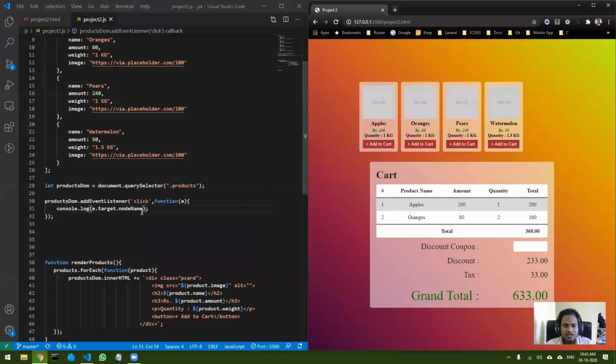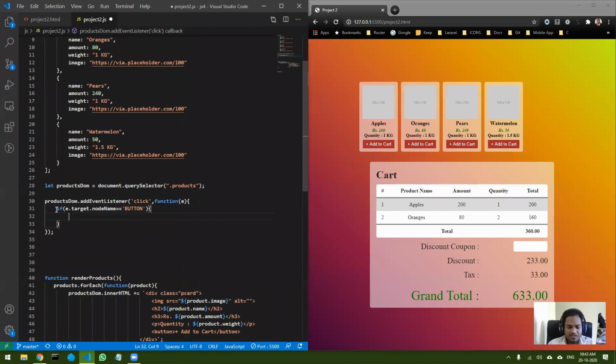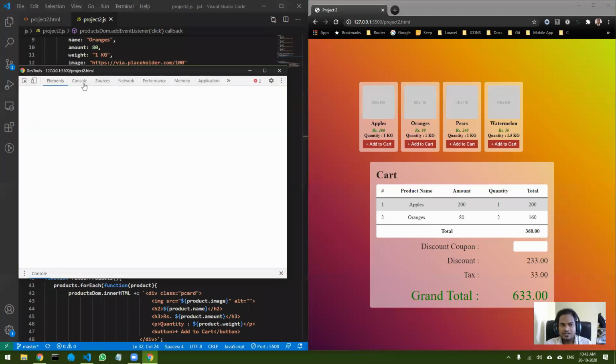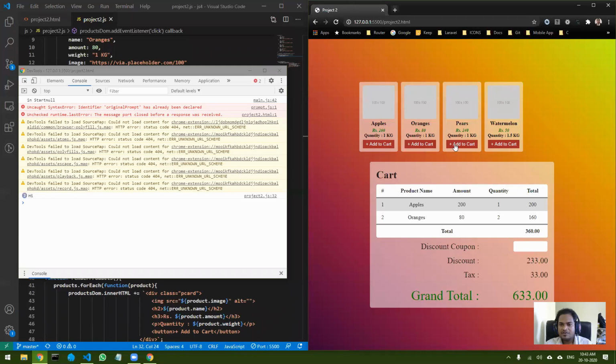And I want this, right? So I will come over here and replace this with an if statement. I will check if it is equal to button. If it is true, then only I will run the console.log. Actually, this will be replaced by the actual add to cart function, but I'm just testing it out. So I will say hi. Now, if I do inspect, go to console and click on add, you can see I'm getting hi perfectly. But if I click anywhere else, nothing is happening.